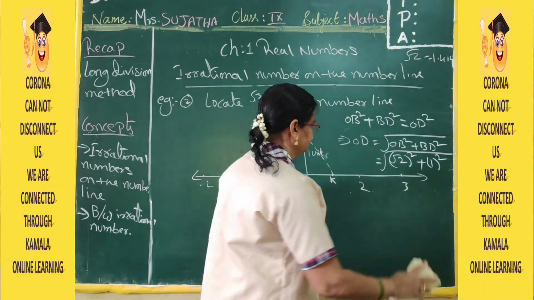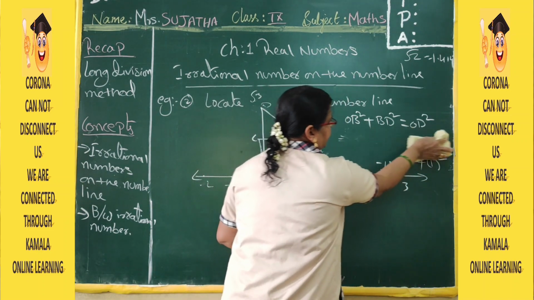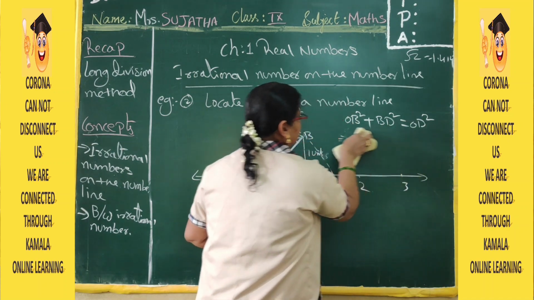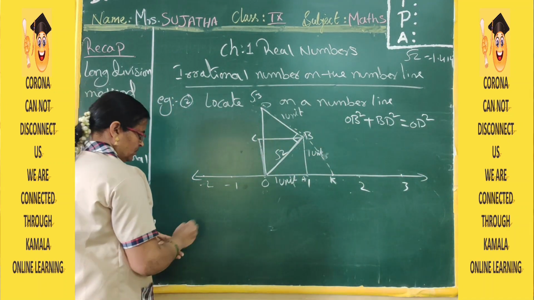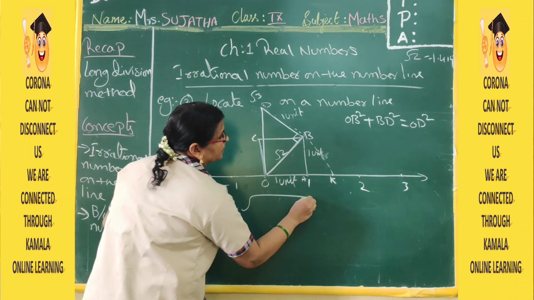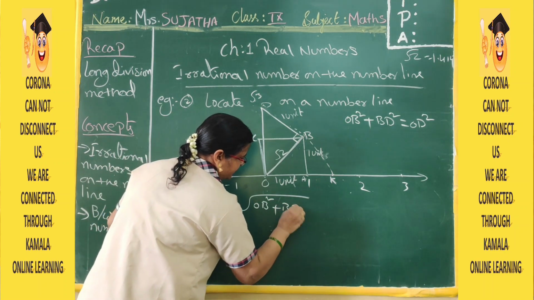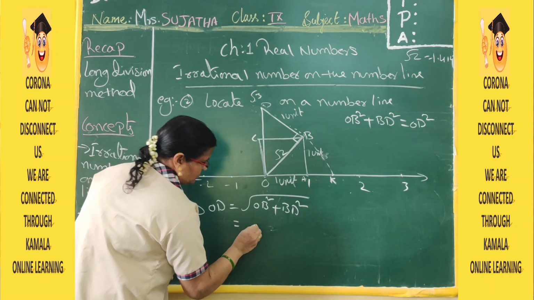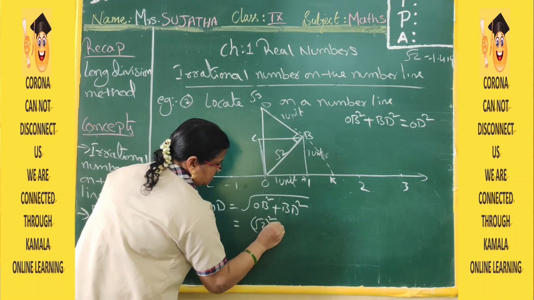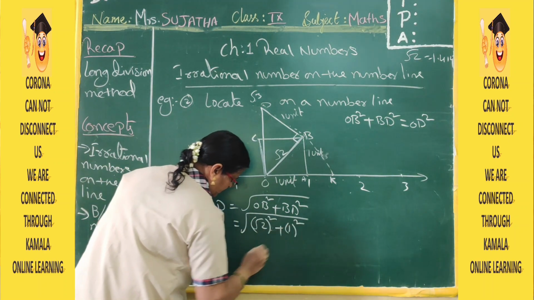Now this here you are not getting clear. Down I am writing, ma. Your space is not there. Down I am writing. Now it implies OD is equal to under root of OB square plus BD square. Now OB is equal to √2 whole square plus BD is 1 unit we took now. That you have to write now.